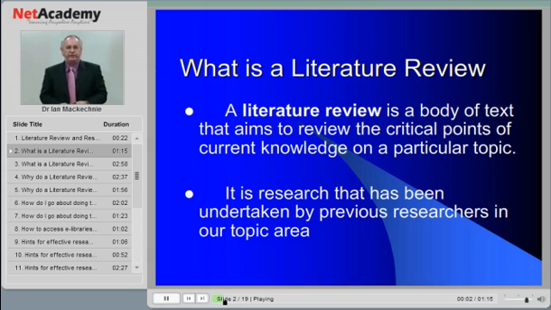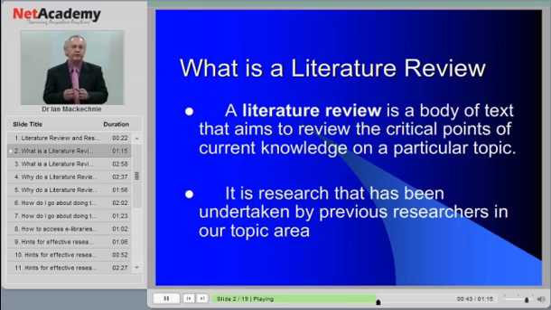What is a literature review? A literature review is looking at previously published works just to see where our research fits in with previous research, what other researchers have looked at and have found in regard to the topic that we're looking at. So we define a literature review as a body of text. In other words, it is something that is written, and the aim of the literature review is to review previous research, to draw out the critical points of previous research and see how it fits in with our topic